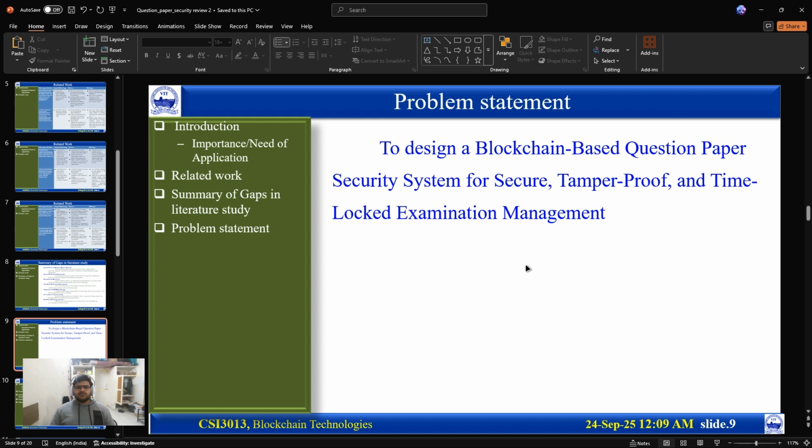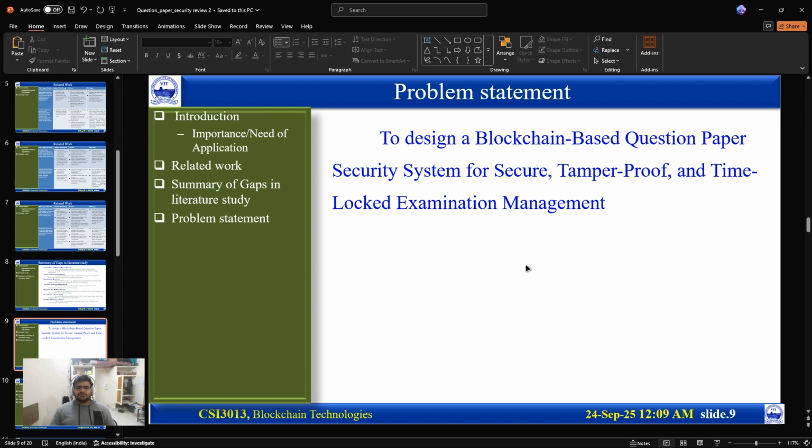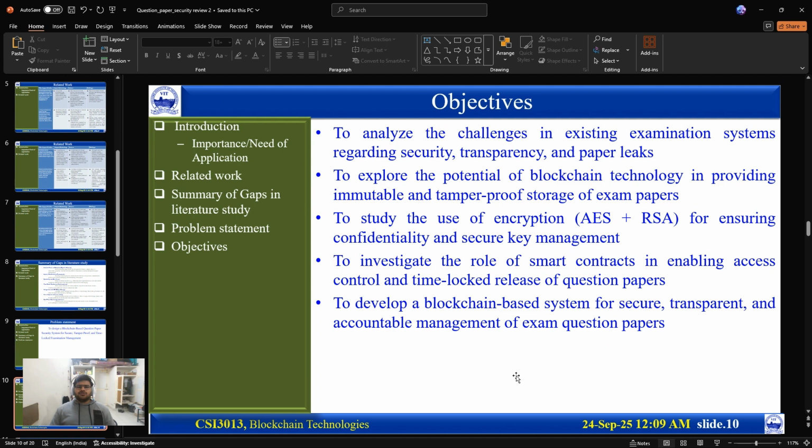Problem statement: to design a blockchain-based question paper security system for a secure, tamper-proof, and time-locked examination management system. Objectives: to analyze the challenges in existing examination systems regarding security, transparency, and paper leaks, to explore the potential of blockchain technology in providing immutable and tamper-proof storage of exam papers, to study the use of encryption, AES, and RSA